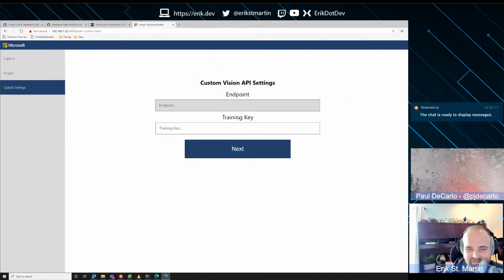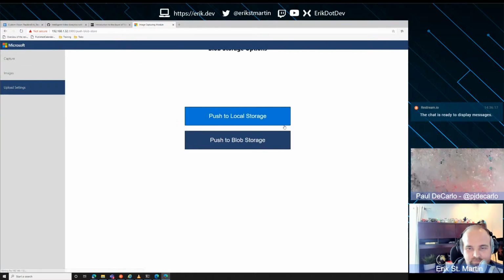Now, we set up that Blob Storage module. I don't know if you recall that on the last episode. I do. It's technically optional, but what that lets you do is save all these to local storage or push them directly to Blob Storage. Now, you might be wondering, why would I do that? In an enterprise-grade environment where you have a closed circuit TV system or whatever,